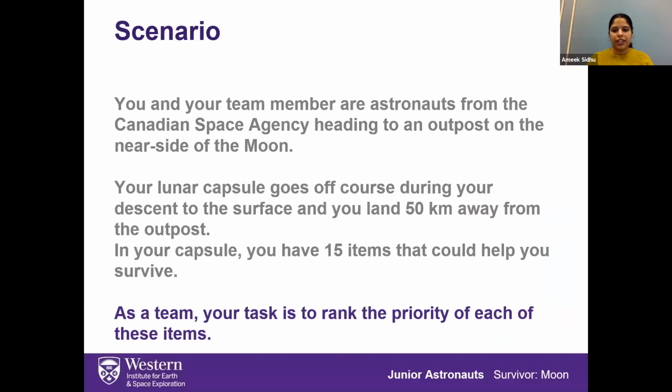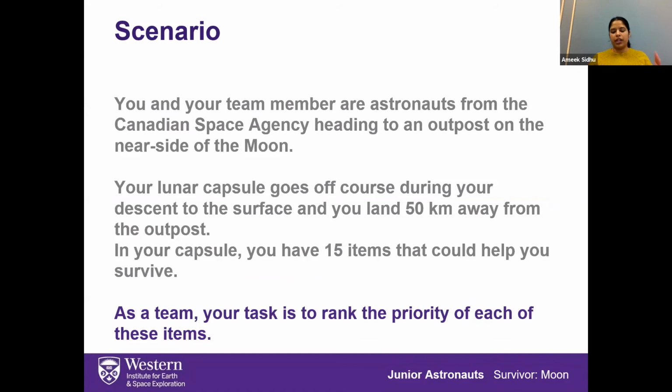All right, so for this activity, the students will have to organize in teams, and each team will be a crew going to space. Each crew member will be an astronaut. So you have to imagine a scenario that